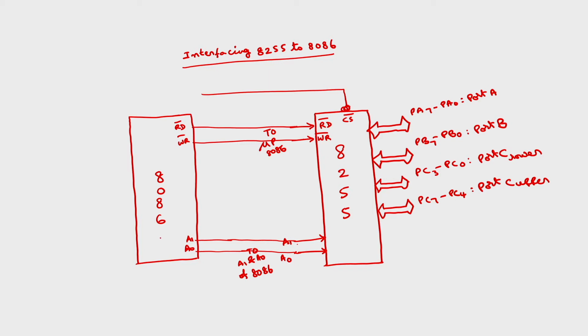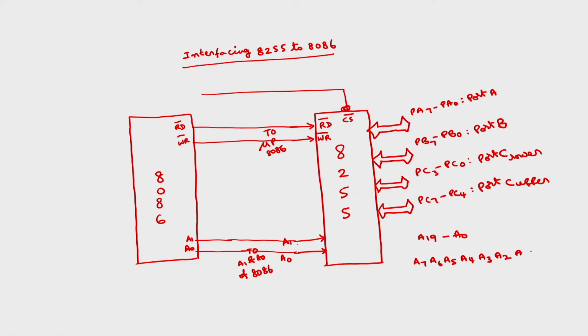Here we have totally 20 address lines, A19 to A0. Out of this, A0, A1 I have connected to A1, A0 of 8255. I will use these port addresses as only 8-bit. You can use 16-bit also. In that case I will use only the lower order 8 bits of this address bus. So what are the lower order 8 bits of the address bus? A7, A6, A5, A4, A3, A2, A1 and A0.